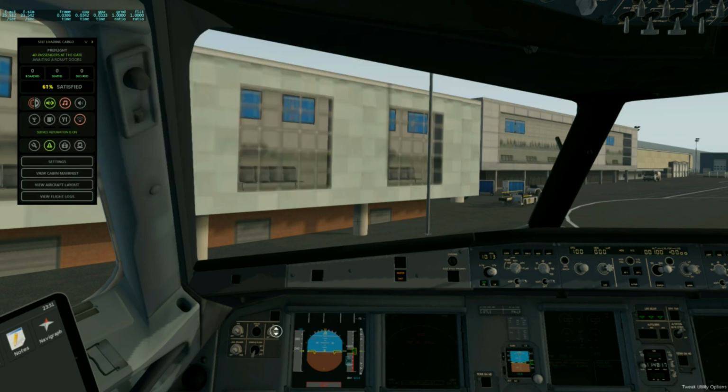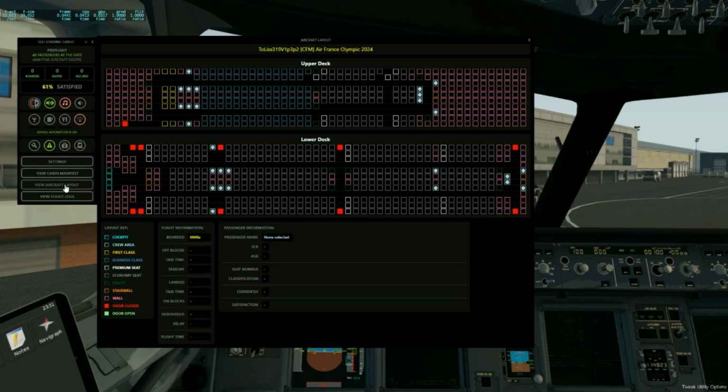Hopefully you remember what that text file looked like, but what it does is generate an actual grid of the layout of the aircraft, and here it is. So we've got our upper deck, we've got our lower deck. You can see the colour coordination for the different classes. So we've got first class here, we've got business class area here, we've got white premium seats,